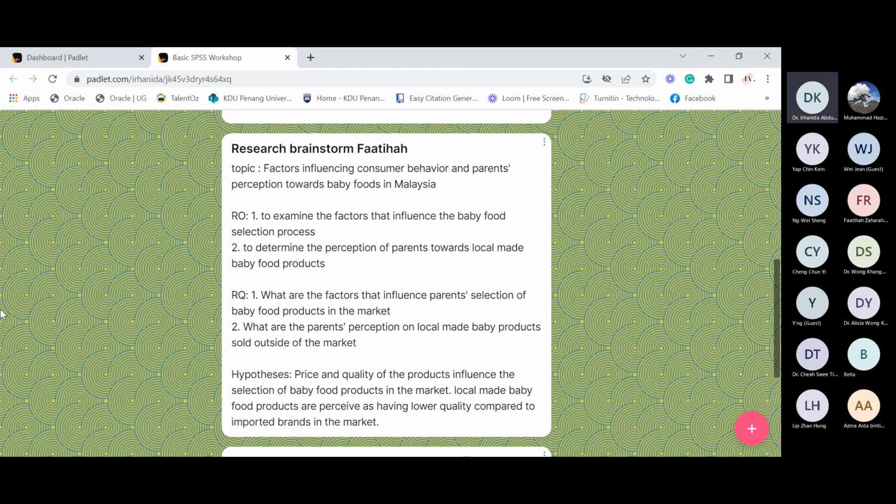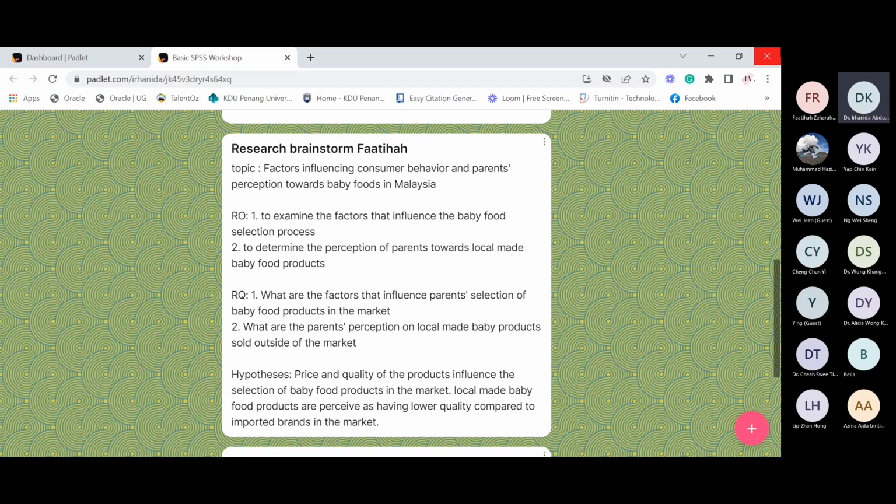Miss Fatiha, as the one who created this topic? Can you hear me? Cannot hear you clearly. Hello? Can you hear me? Yes. Okay, sorry. The factors that influence the choice of baby food products are the dependent variables.